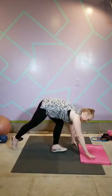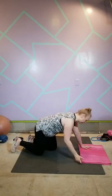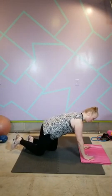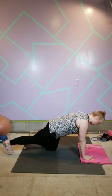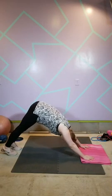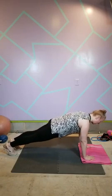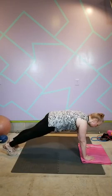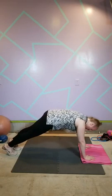All right, so we're going to set those hands up nice and wide, right underneath our shoulders. Fingers wide, big starfish. Shoulders back and down. Go up into our plank. We push back. Hips come up. Chest comes back. Really think about making that chest wide. Pushing those shoulders open. 2,